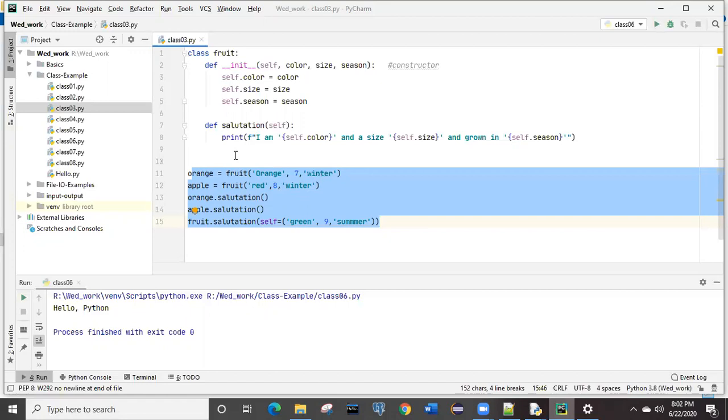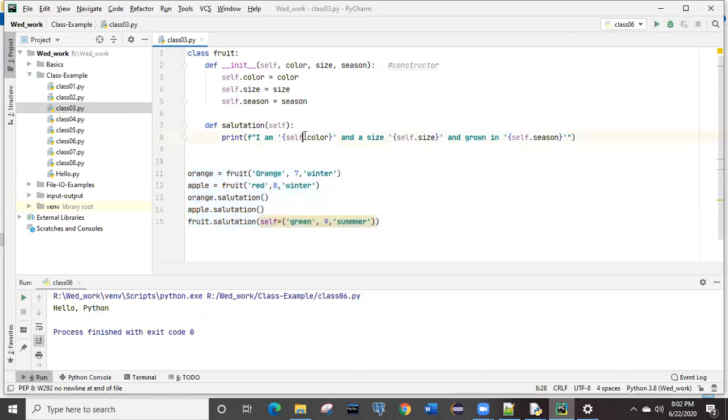Okay. So now we have seen how we can create the object of the class, how we can pass the argument to the class while creating the object. We have seen this constructor initialization, right? And based on that constructor, whatever input parameters we give, it should give the output. And I have given this task to you, right? To check what actually it is printing, how we can call the class method itself without creating any object, right?